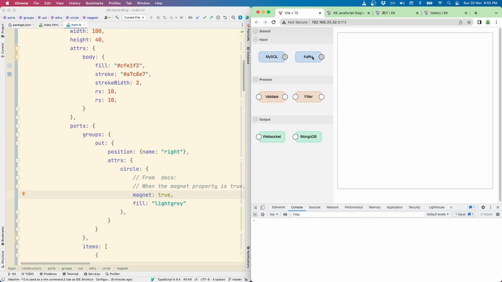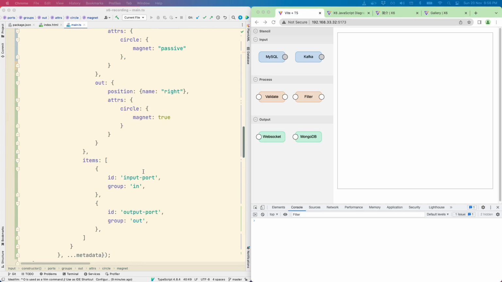Finally, we want to add support for adding and removing nodes and edges. X6 makes this really easy because they have built-in node and edge tools. So first, let's create a button to remove nodes.